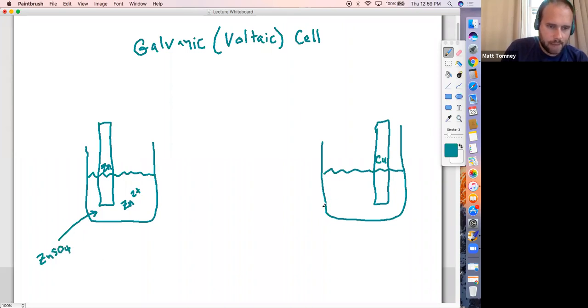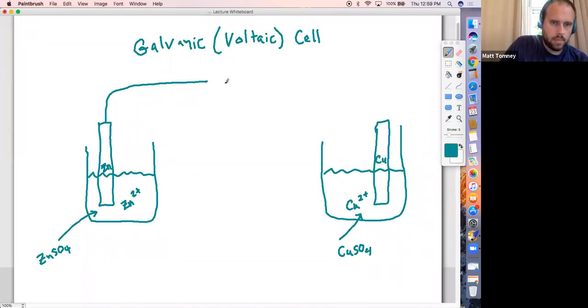And same for the copper. We're going to have some copper 2+ ions that are sitting in solution. So you can consider these aqueous electrolytes, and they are going to be hanging out in a solution of copper sulfate. All right, now we're going to connect